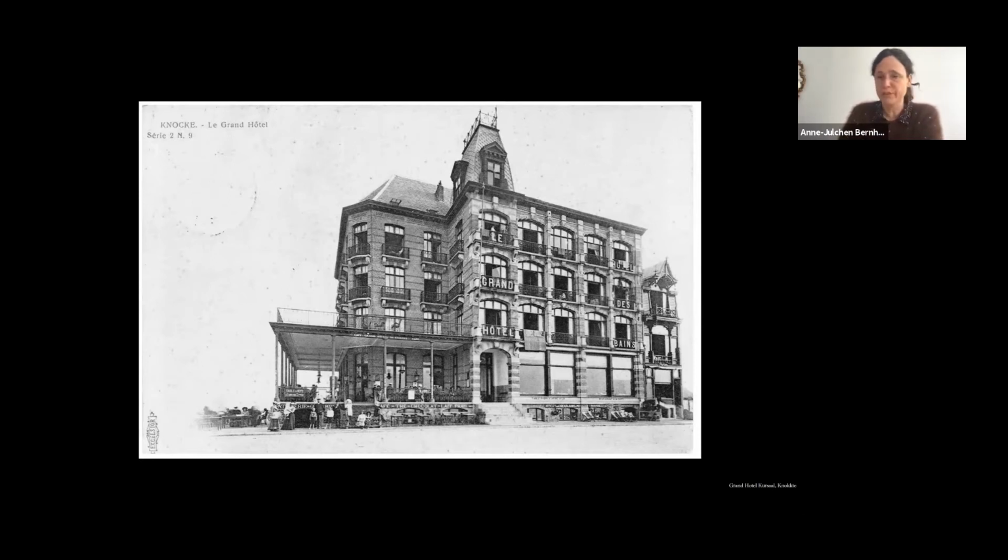The Grand Hotel Kursaal was a very helpful source in looking at one program that is being carried by different parts. It's facing the North Sea on a small square, and it's constructed by two parts.